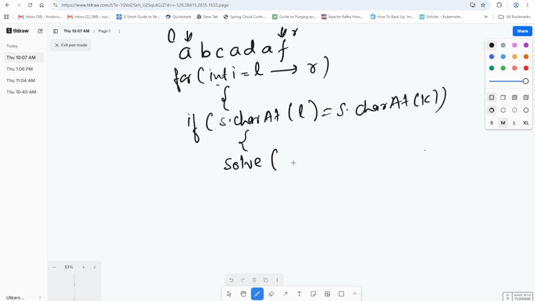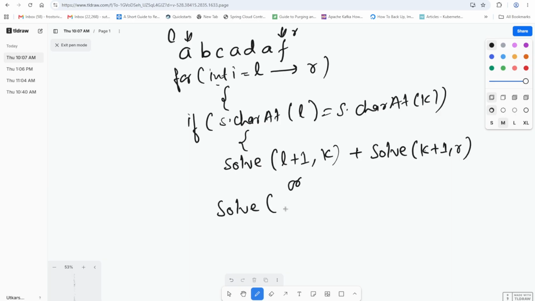So suppose I apply this one: L plus 1 to k, and another call will be from k plus 1 to r. Or we can also do something like this. We take L, then we do not need to include another A, and then solve for k plus 1 to r,